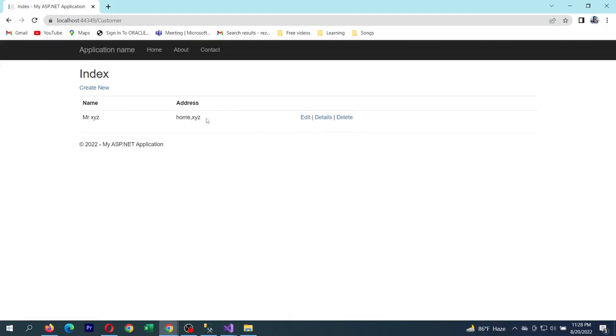Then we will save changes. After putting the data here, we will make the save changes. Alright, so if I just load the page,